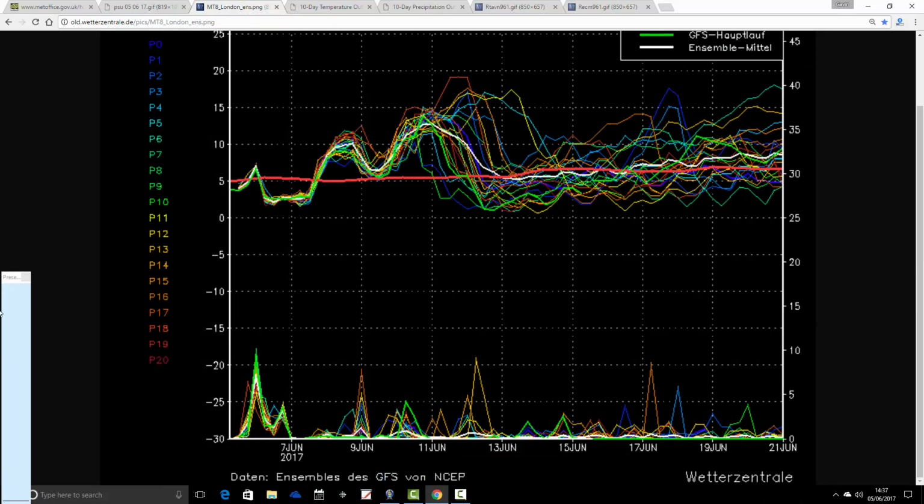So, this is the GFS temperature and precipitation ensemble chart for the next 2 weeks. The red line here is the 30-year upper air temperature average. So we're going to be going a little bit cooler than average over the next couple of days. And then at the end of the week into the weekend, we're going quite warm. After that, we see the temperatures dropping off through into next week. And then we're sticking close to the 30-year temperature average, really, through into the middle part of June, which is